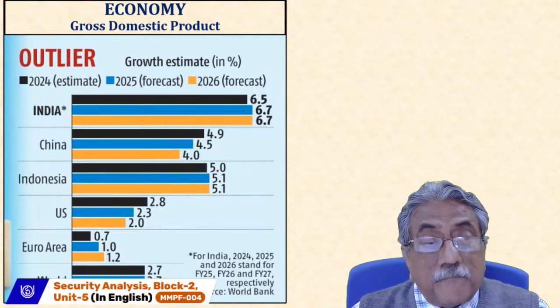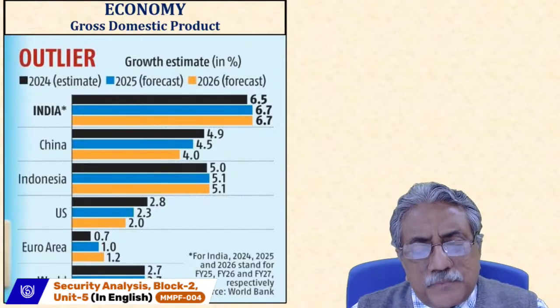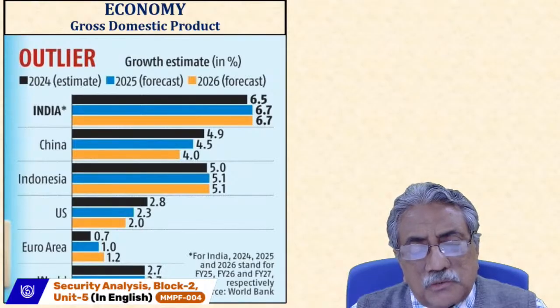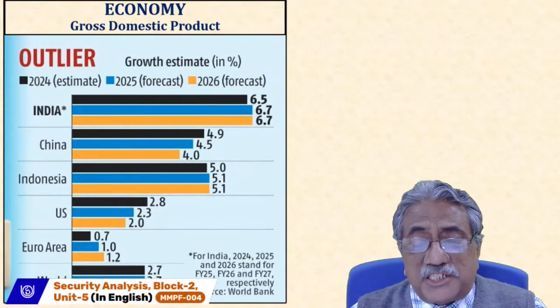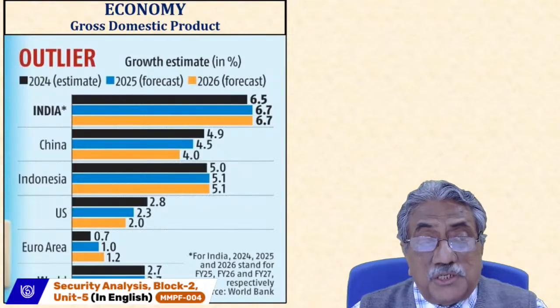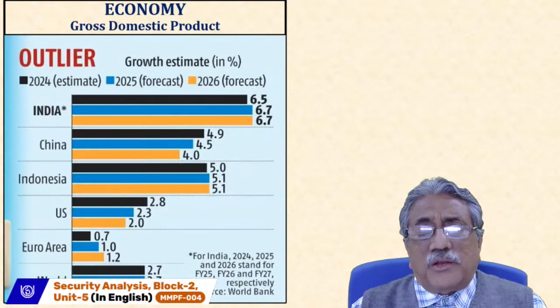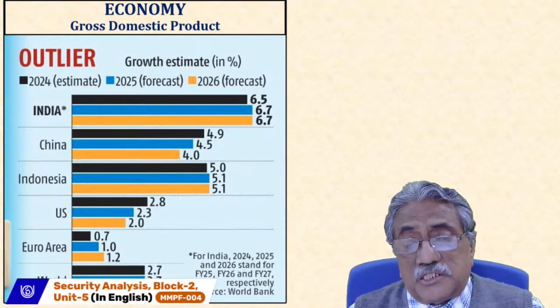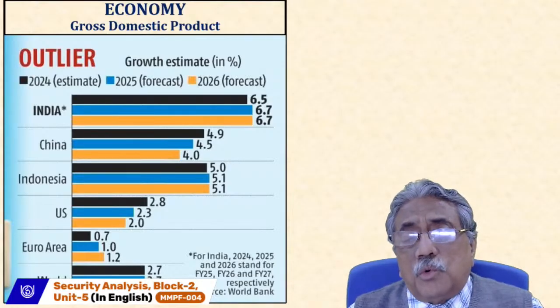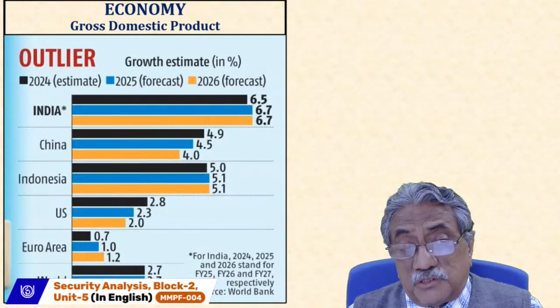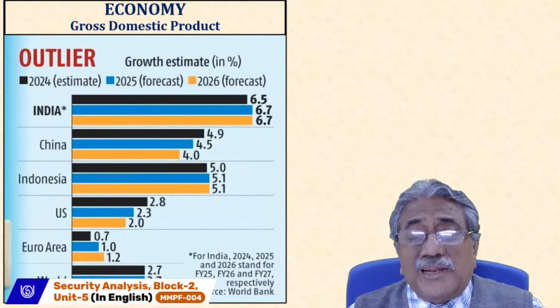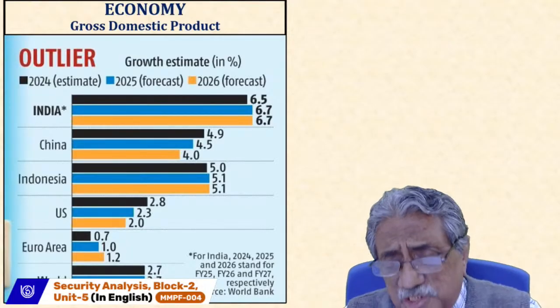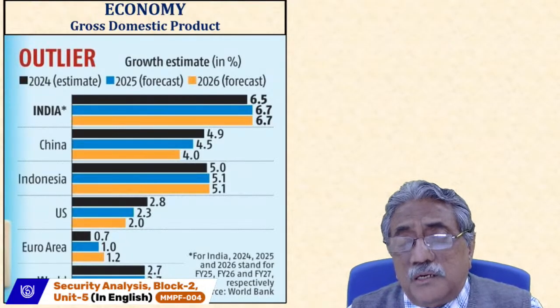That's also another source. Asian Development Bank is another source of information. So these are the places from where you have to find the sources. Remember, if you're doing fundamental analysis or you want to be an equity research analyst, you have to go to a lot of sources of information so that you can have most of the information which is available in the public domain.